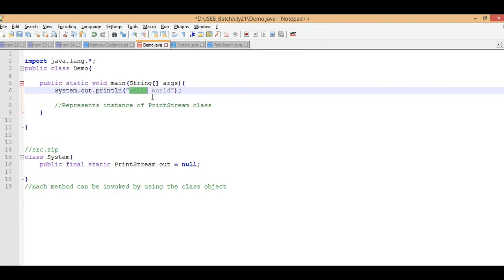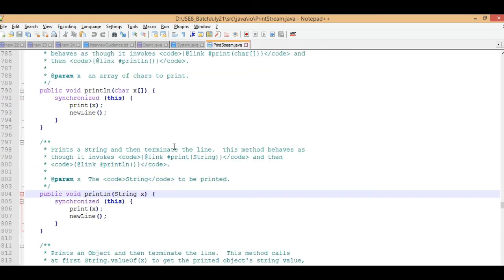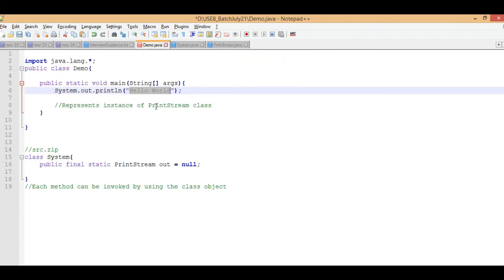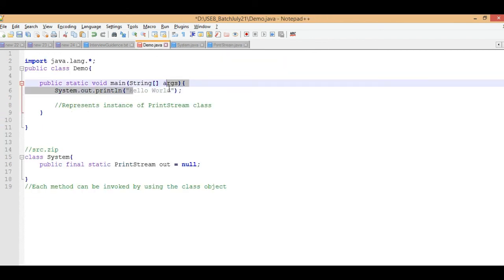So we are passing a string here, meaning this method is executing, and this method is helping to execute my string value.